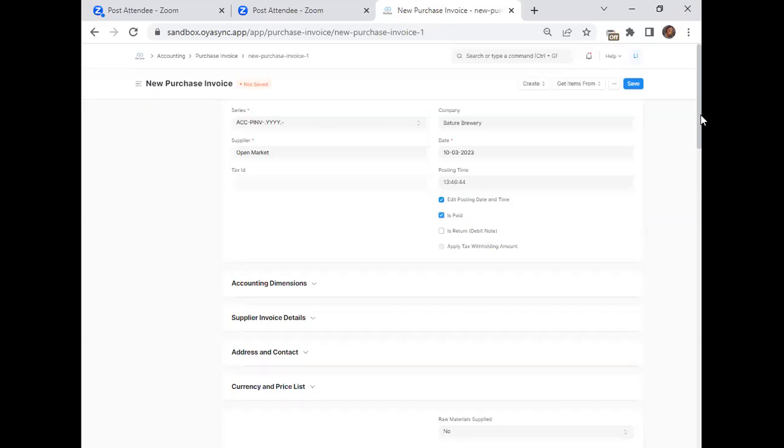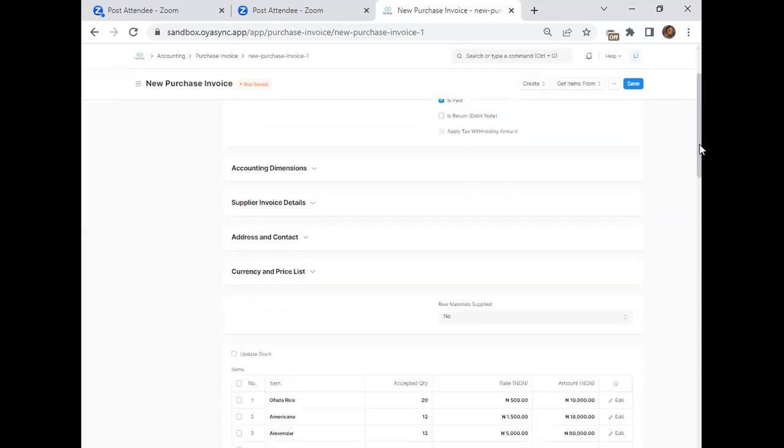Okay, it all depends on the permission you give to your workers. We're about to pay for this purchase receipt. Usually it is the accountant that has the permission to do this. But if you, as the owner of the organization, tell us that you want your manager to be the one to handle this, which is fine, it all depends on the permission and who is given what permission. So in this case, I'm going to be paying for this purchase